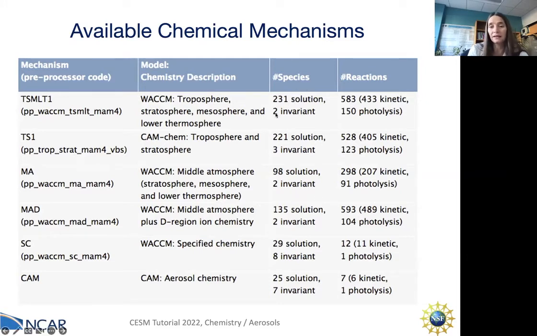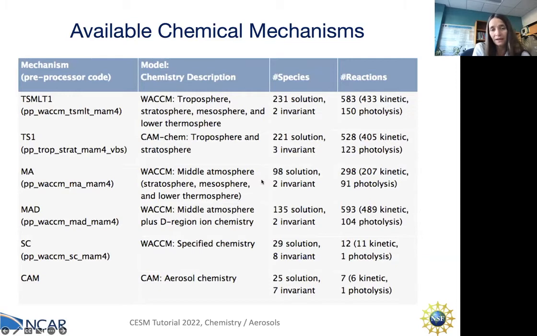And this has the most species as well as the most reactions. But then if we go to CAM-chem, and as I said, CAM-chem is basically the low top model that reaches up to 40 kilometers, but it does still prescribe the stratosphere quite well. So we'll still include all the tropospheric and stratospheric solutions here. We do have a bunch less of the photolysis reactions. This is because there's much more going on, as Mike explained, in regard to that in the mesosphere and lower